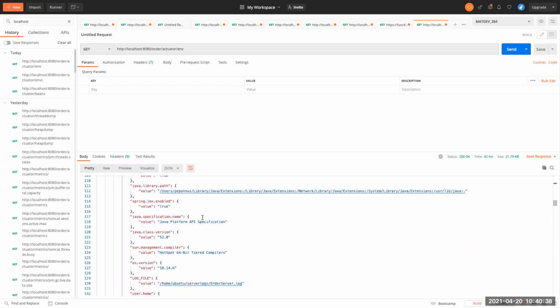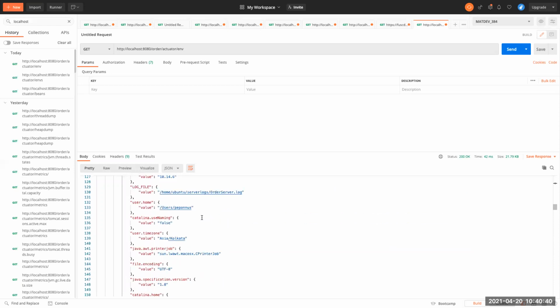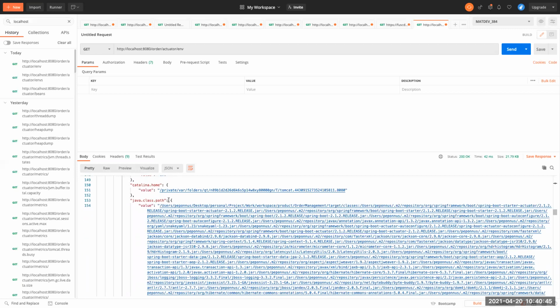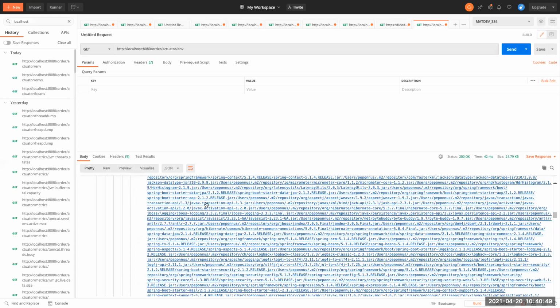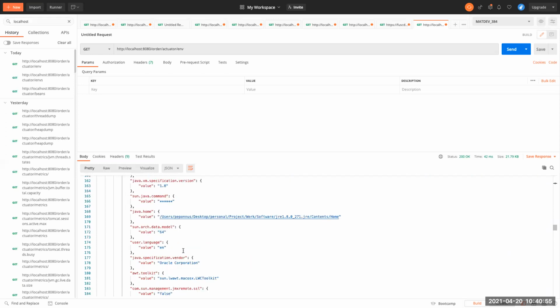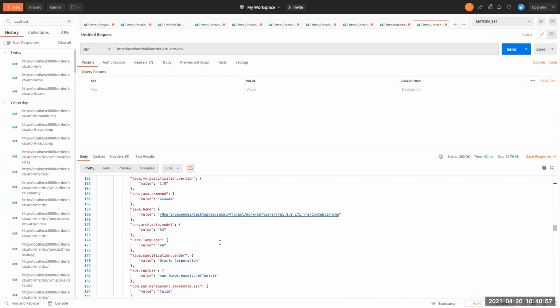We'll get all the information here: the class path, where it loaded the classes, and what jars are referred to in the runtime environment.